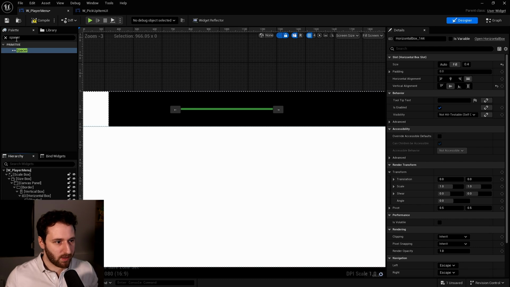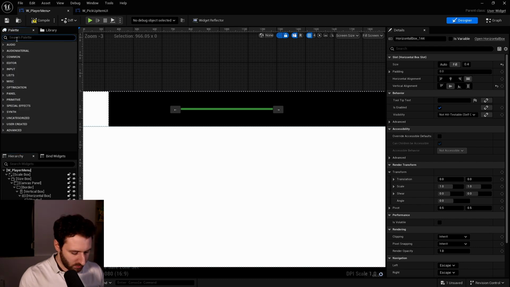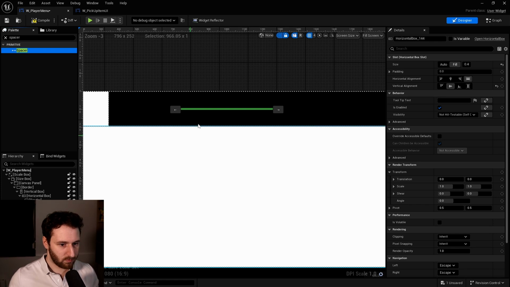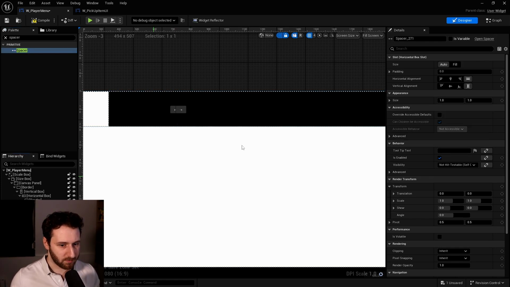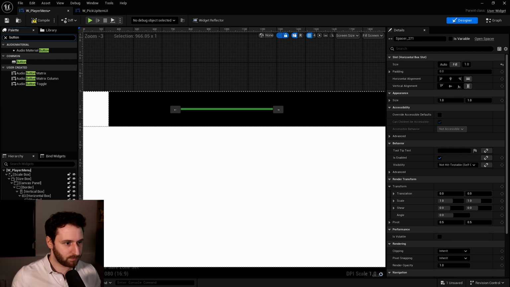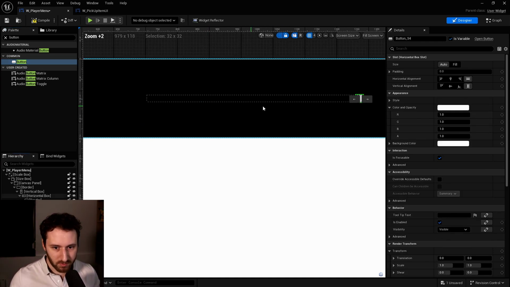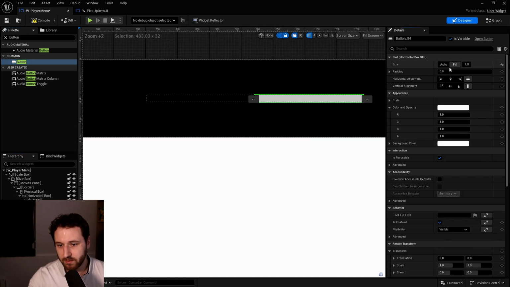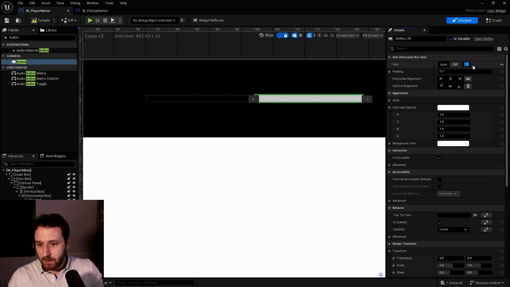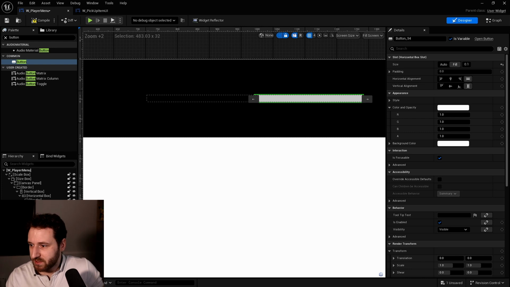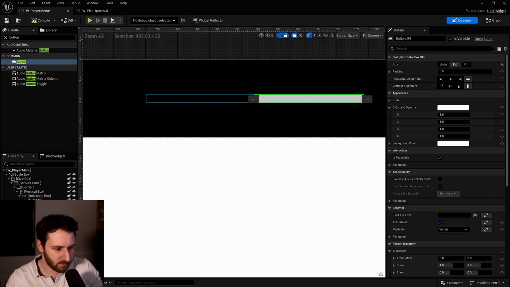In this horizontal box, we will add the button. So we start with a spacer for the beginning. Then we need a button. Where is my button? I cannot see it. It's a small thing like in here. Put this to .1. Then we need to change the size with the image inside. The image inside will change the height of that button.